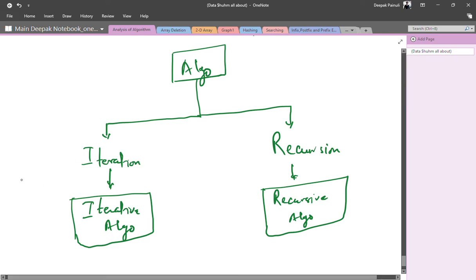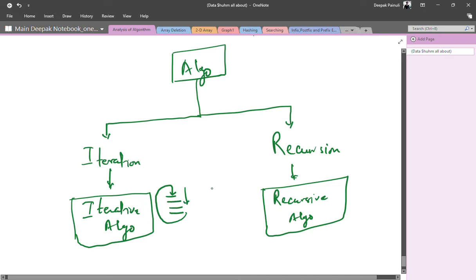That means in this case we can have, let's say, instruction 1, instruction 2, instruction 3, instruction 4, all executed in this manner one after another, right? After completing the fourth instruction in the iteration, we go to instruction number 1 again, then again execute instruction 2, then instruction 3, then instruction 4, and the next time again we start from step number 1, right? In this way an iterative algorithm works.